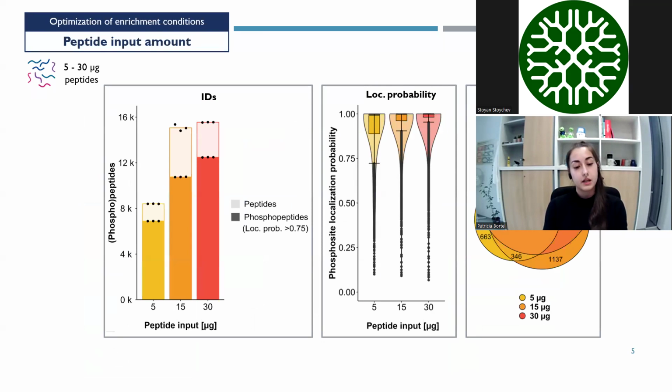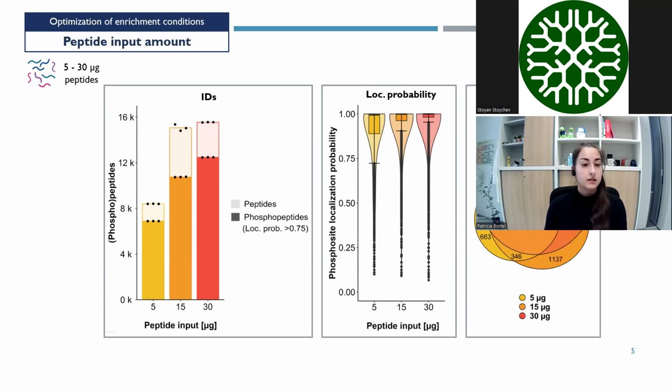So the first parameter that people might think about adjusting when they don't see the desired results in their phosphoproteomic workflows is the peptide input amount. So here we tested 5, 15, and 30 micrograms of peptide input. And as expected, we saw that with an increasing peptide input amount, we also got an increasing number of phosphopeptide